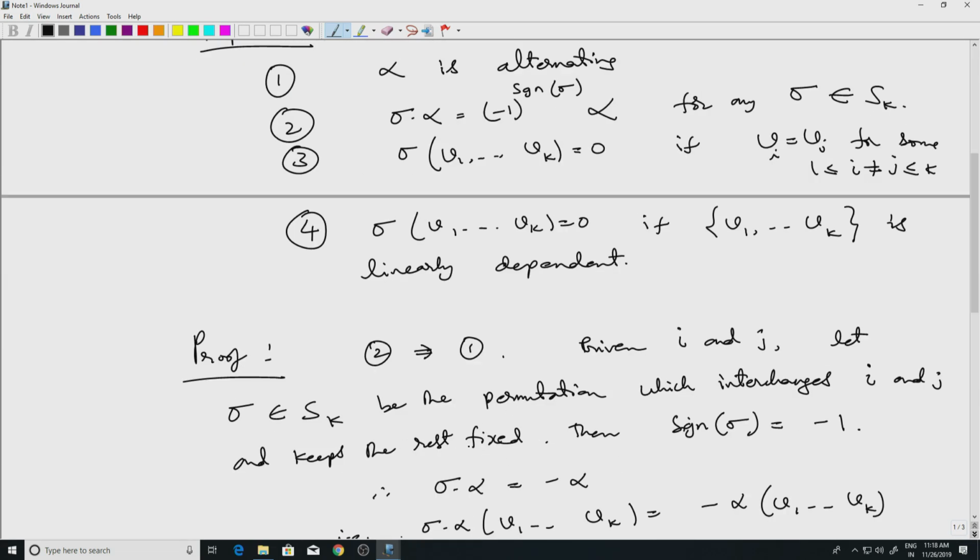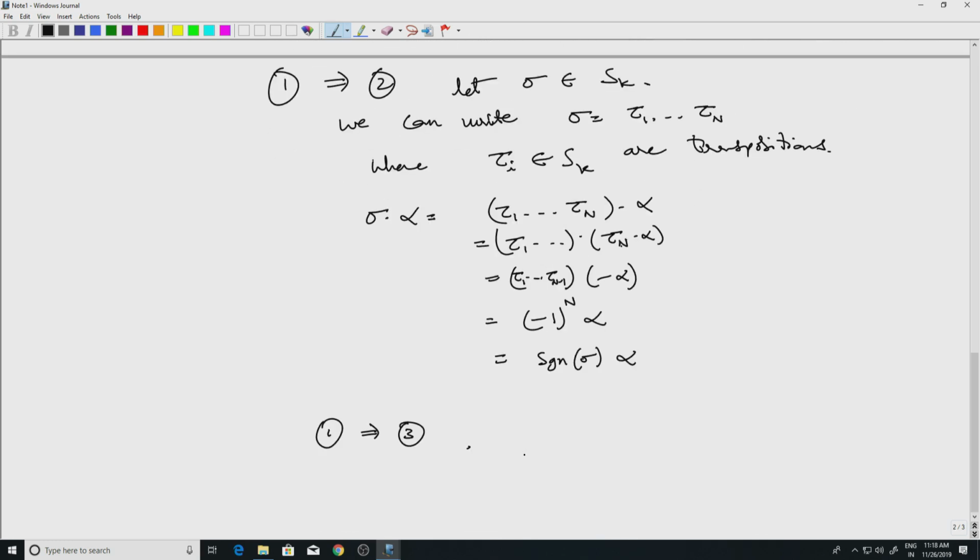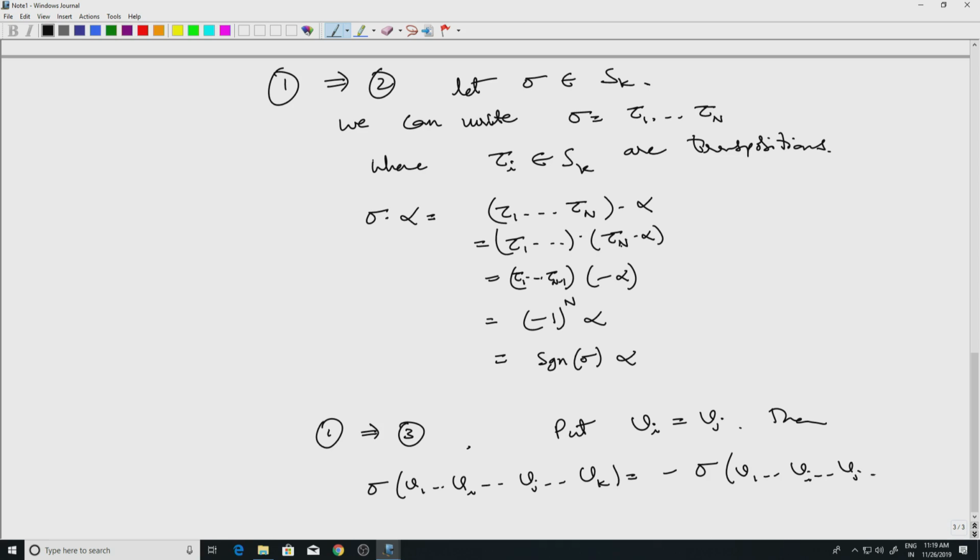That follows just by putting Vi equal to Vj. Put Vi equal to Vj. Then if I interchange these two, then sigma V1, Vi, Vj, Vk equal to minus sigma V1, Vj, Vi, Vk. This is from the alternating condition, but since Vi and Vj are the same, I can also write this as